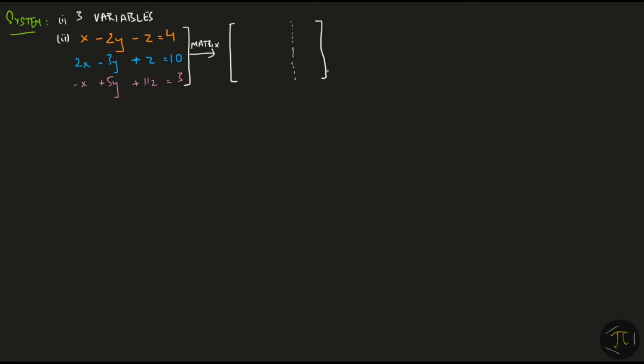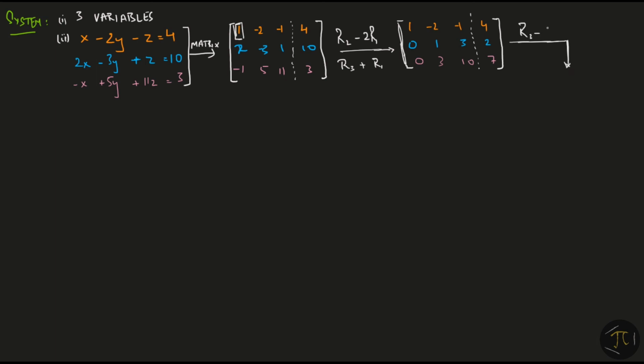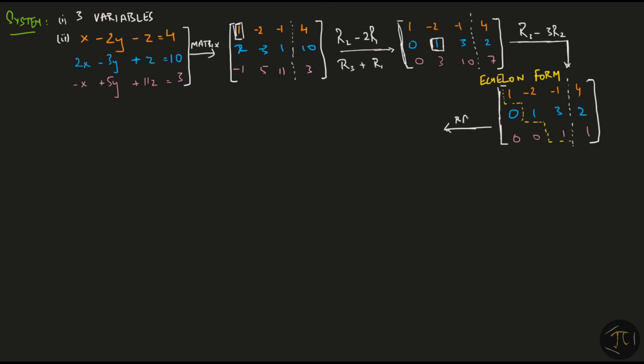You should pause the video now and try to solve the system first yourself. We write it using an augmented matrix. Using the first pivot 1, we perform row operations to make the numbers below it 0. Now we look for the next pivot in the second column. We again obtain a 1, and using this we make the number below it 0. So we have reached the echelon form, the staircase pattern. And now we are ready for back substitution.